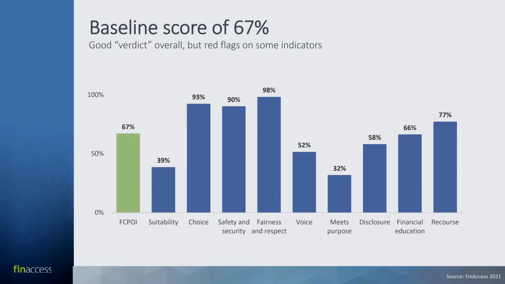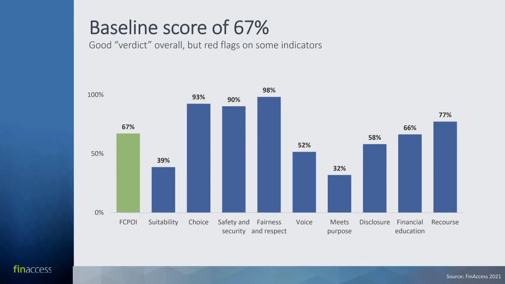Now here I must just make another disclaimer, and that is that the magnitude or the level of a specific indicator or component is very much dependent on the specific questions asked in that indicator and the incidences that we found for that. So for example, if choice just asks you whether you didn't have any other choice when you took up that service, it's not that meaningful to say, oh, choice is 93% and something else is lower. So it's much more meaningful to compare progress in choice over time than it is to compare the score for choice to the score for fairness and respect, if that makes sense.